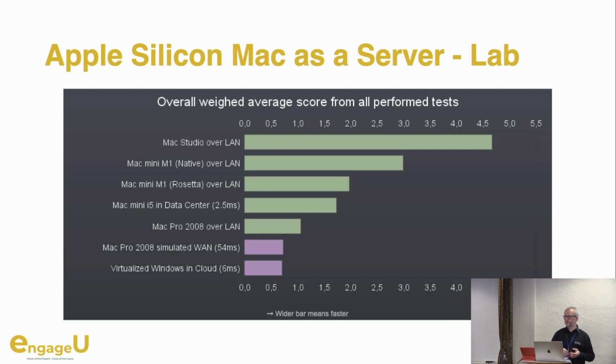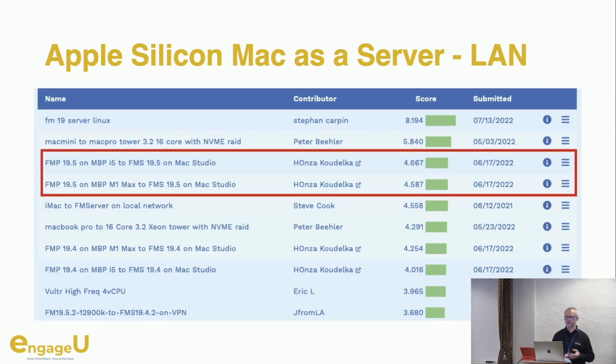Now, when I ran it as a server, FileMaker Server on a Mac, this is what it looked like. And again, from the tab on our website, from results submitted by Bench Test users, this is where Silicon Mac scored as a server on a local network. Considering the fact that